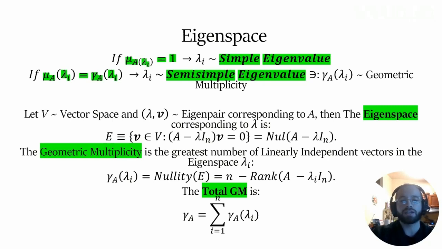Okay, now we can add up all the geometric multiplicities for the first eigenvalue, for the second, all the way up into the nth, right? And if this equals the total algebraic multiplicity, which is obtained by adding up all the algebraic multiplicities of each specific eigenvalue, then we have a very unique property, and A can be